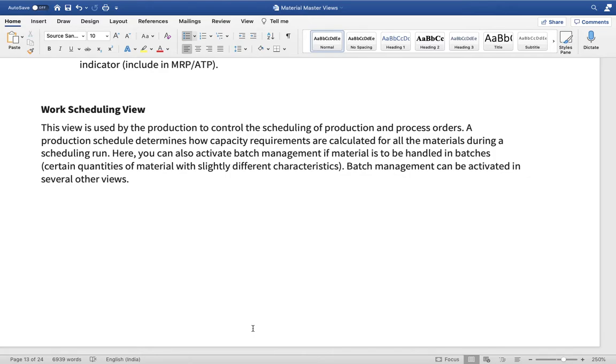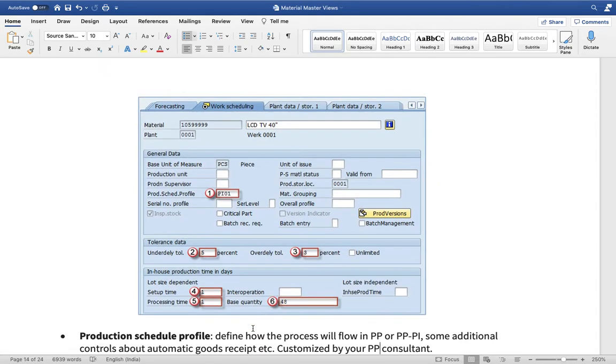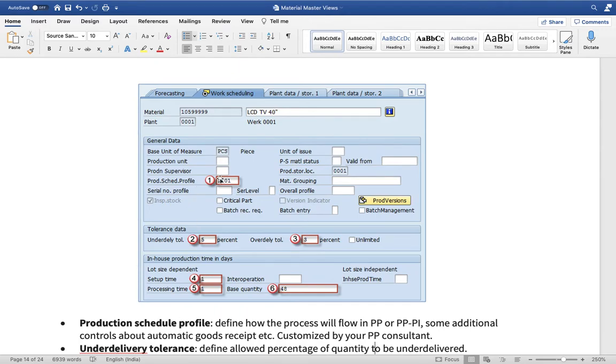So the work scheduling view is actually a very important configuration. It is important because when you are doing availability planning or capacity planning of the product, you need to find out how much material, in which batch, has to be planned for optimum delivery to the customer. So in maintaining the work scheduling view, SAP provides you a few mandatory parameters. One is the production schedule profile, PT0, which is mandatory. Here you can decide whether the goods will be received automatically, or whether it will be based on consumption, those kinds of things you can mention here.